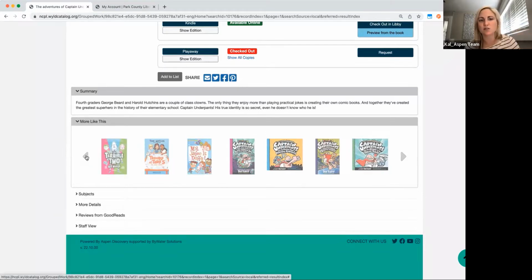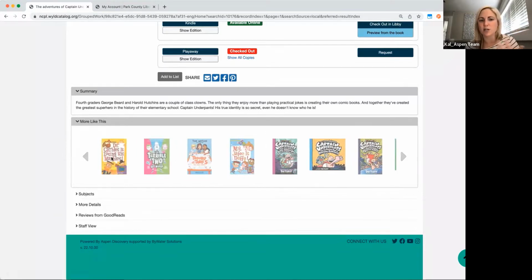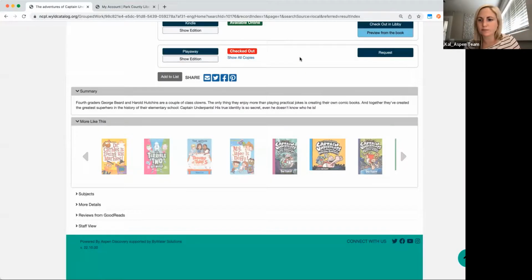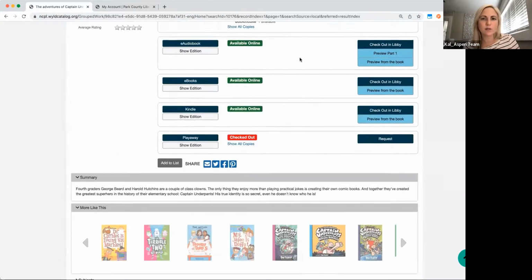So this is just an additional nice functionality. It's based on just the records that you own. So this isn't a generic database that we're pulling from. So if the user were to click on this title and they say that they're interested in it, they would be able to see, okay, this is on shelf and I can access this today. So helpful with series. Let me go back.